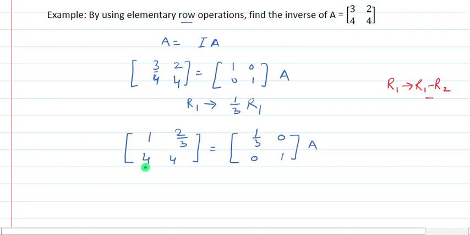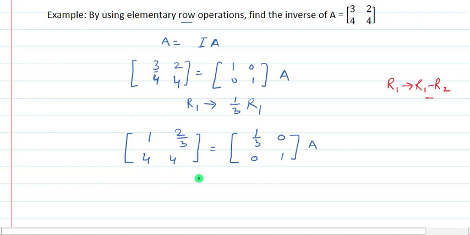Now we need to make this element 0. Let me tell you one thing. When we are applying row operations, the change will take place in column first. It means we are applying row operations, so we will make the change for the identity matrix in column 1. Instead of making it 0 in row 1, we will make the element 2,1 as 0 first.